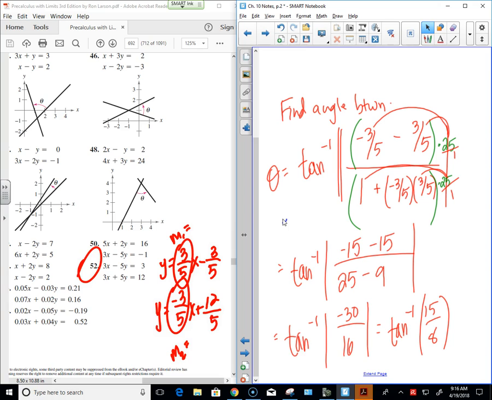Not that we couldn't guess and be like, well, 15/8 is 2 and a little bit, and 2 and a little bit is somewhere between undefined, which is infinity, and root 3. So it's somewhere bigger than 60. I know that much. But Josh, yes, you may. Michael. So with the calculators,